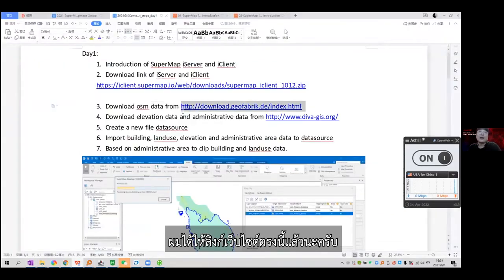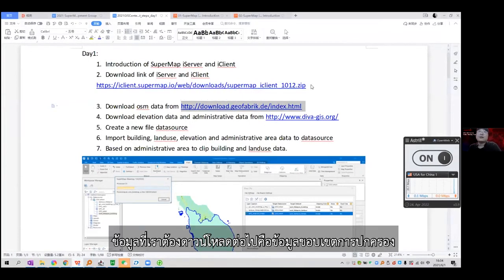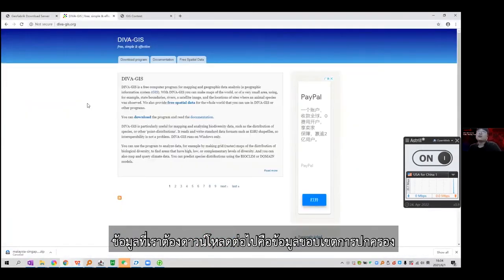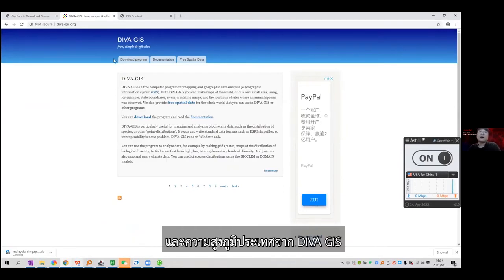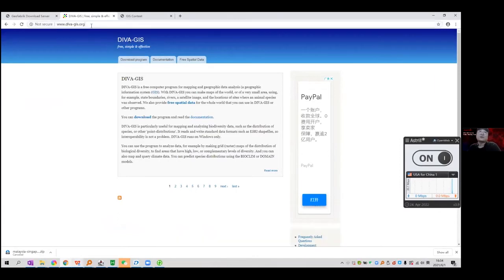Okay, so the first data we need is the OpenStreetMap data downloaded from the GeoFabrik website, and I already put the download here. And the second one is we need to download the administrative and elevation data from DIVA-GIS. This is the link of